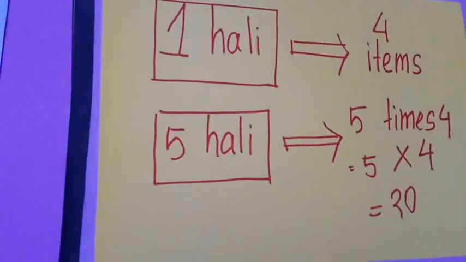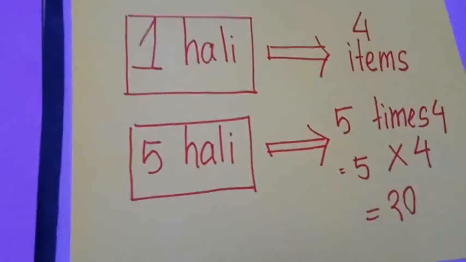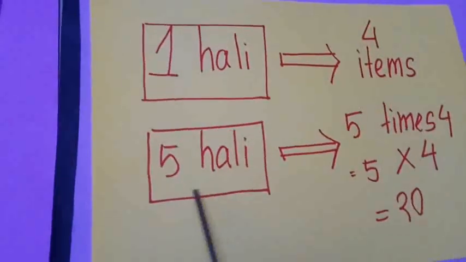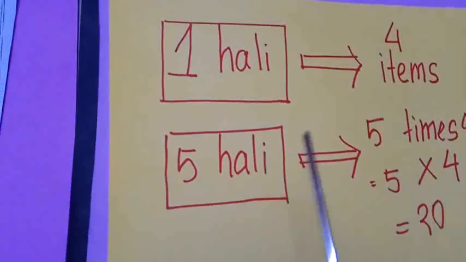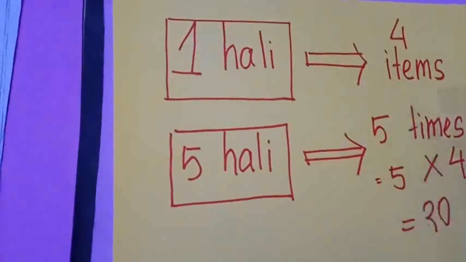Now how will we write the answer? First we have to make the first sentence with this clue, and the second sentence with this clue. 1 hali equals 4 items. First I am writing